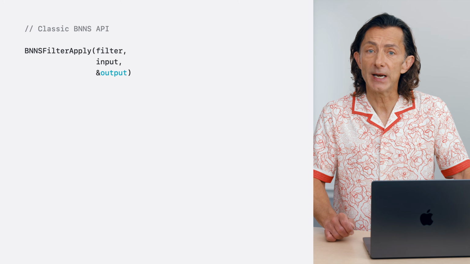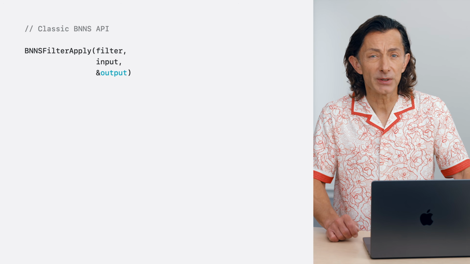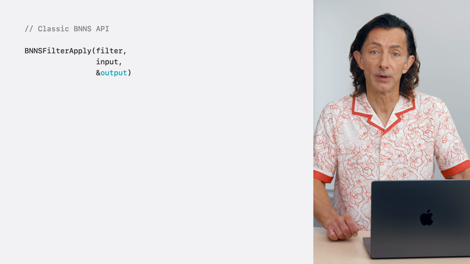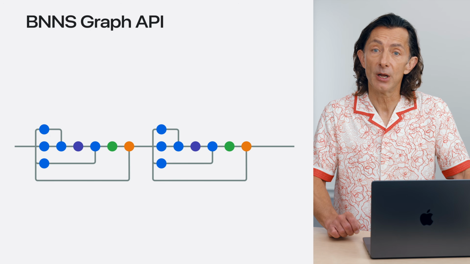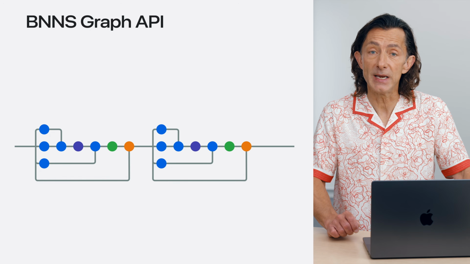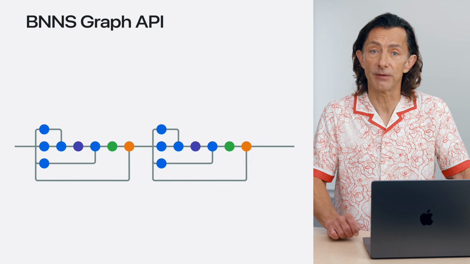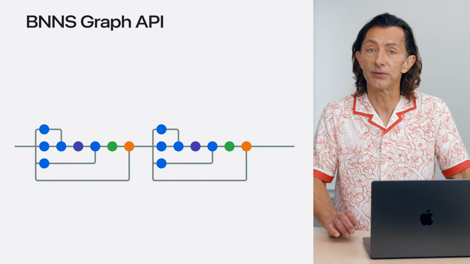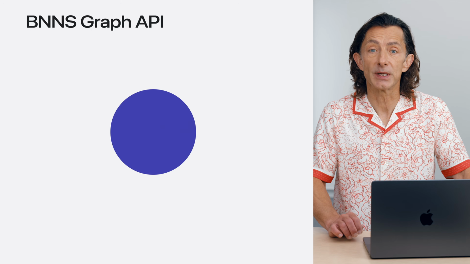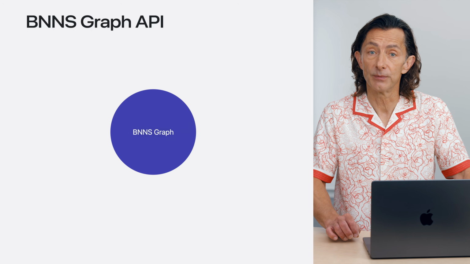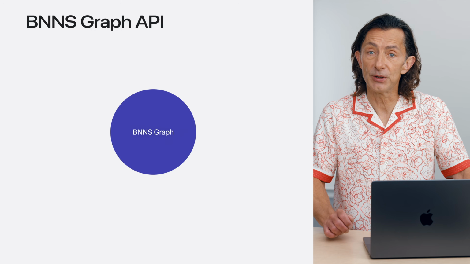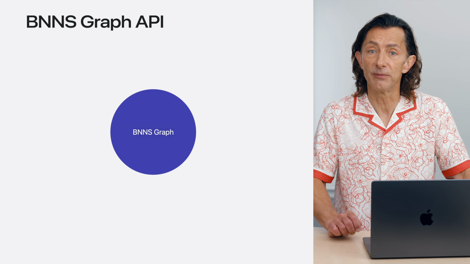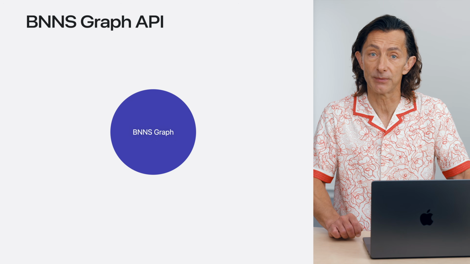If you wanted to use BNNS to implement an existing model, you'd have to code each layer as a BNNS primitive, and write the code for all the intermediate tensors. In the past few years, we have been working on a new API, BNNS Graph. BNNS Graph takes an entire graph that consists of multiple layers and the data flow between those layers, and consumes it as a single object, a graph object. For you, this means you don't have to write the code for each individual layer. Furthermore, you and your users will benefit from faster performance and better energy efficiency.